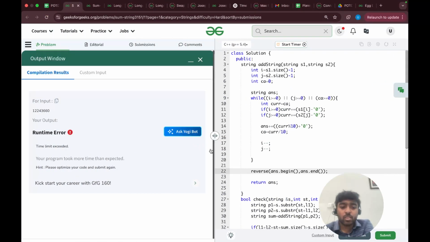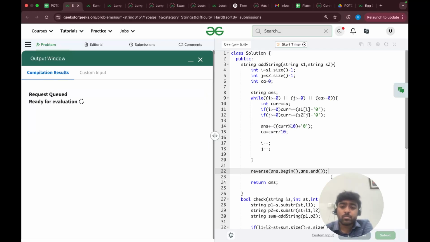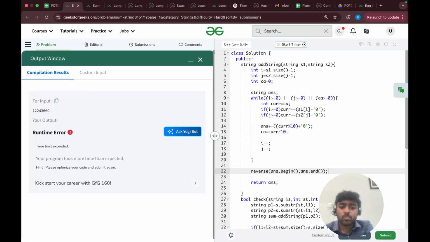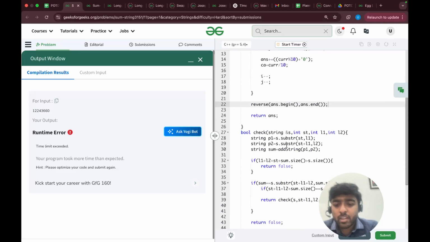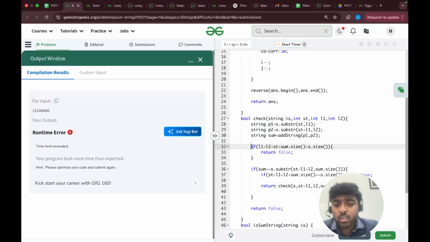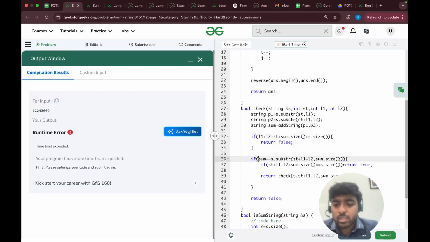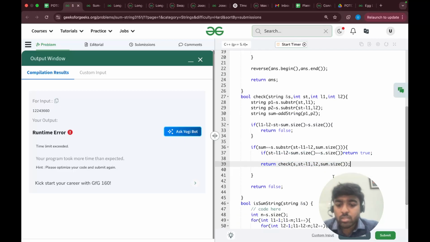Okay, why is it giving TLE. Here we have L1, here we have L2. So if L1 is less than L2 return true else false. Here I find out this P1, which is the adding, if it is greater than S dot size then we return false, else if it is equal we check and return true, otherwise we call for the next.